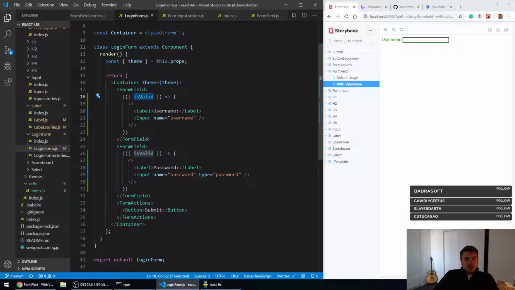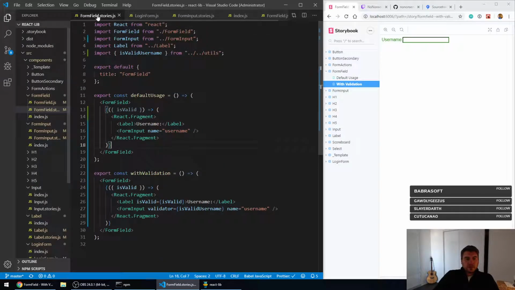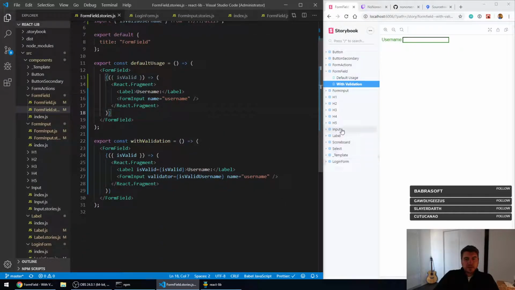Right, so now I have these, and there's another way to write this, by the way, but now I have at least... well, I should put this where I was trying to test it. So is valid, and in my form field stories, this now should be, yeah, so the username's green, and if I do this with validation,